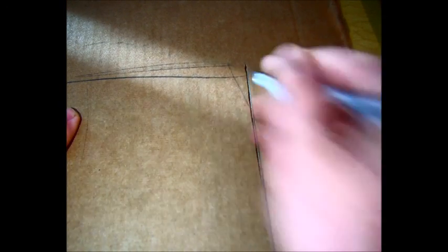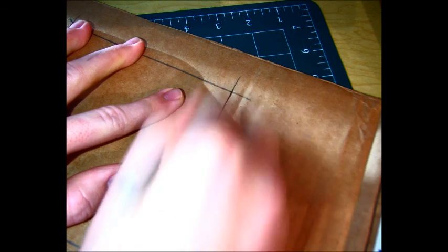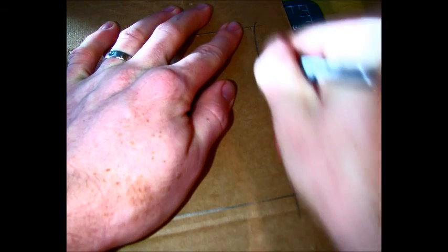All right, now the big key is this. Yes, it's a penknife, and yes, you can get curves with it. That being said, I want you to think more about angles of attack. So I'm doing a 90-degree angle right here for this box. So I'm going to literally pick up and turn my paper around so I can come at it at a different angle. Notice I'm going to do a couple clean, nice light cuts. I'm going to do the same thing again,